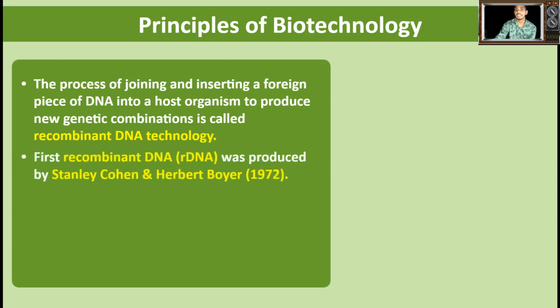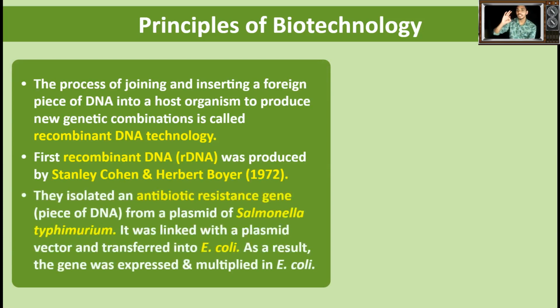So the first recombinant DNA, that is rDNA, was produced by Stanley Cohen and Herbert Boyer in 1972. You have to remember this point. They isolated an antibiotic resistant gene. What is antibiotic resistance? Suppose I'm eating penicillin again and again to kill the pathogen which is inside the body,